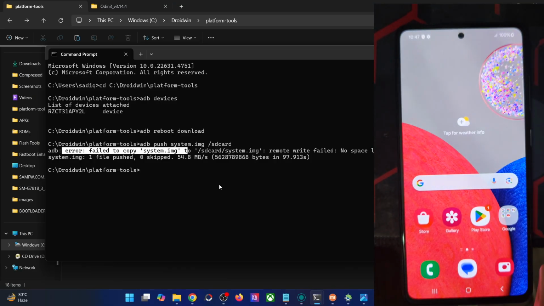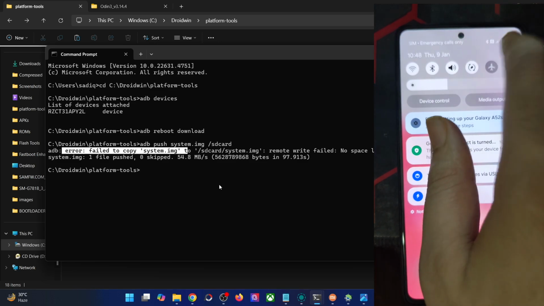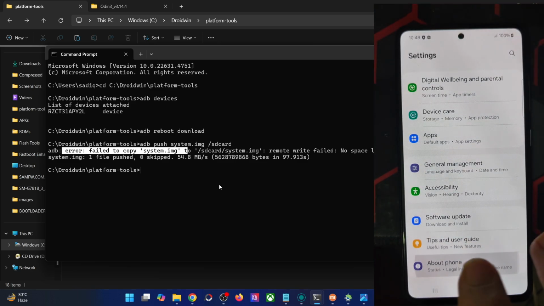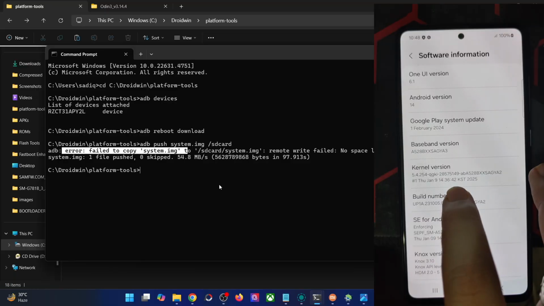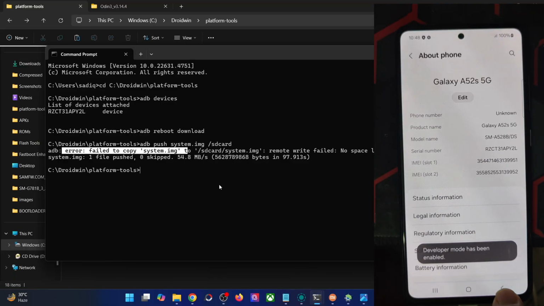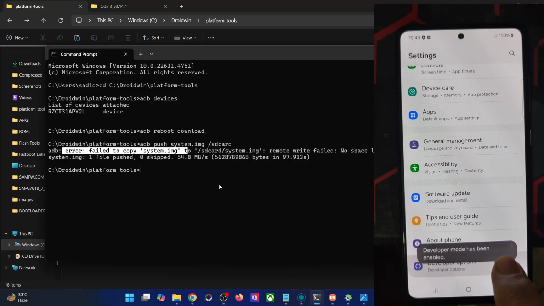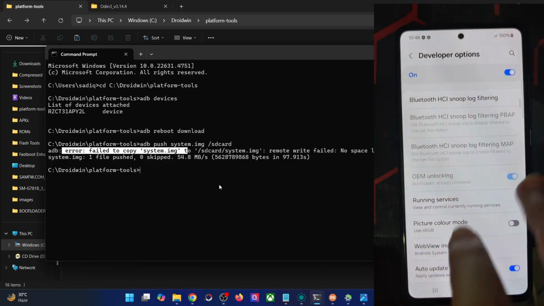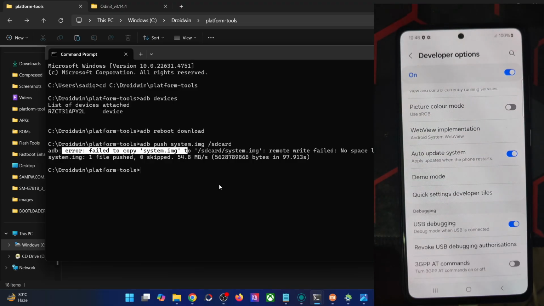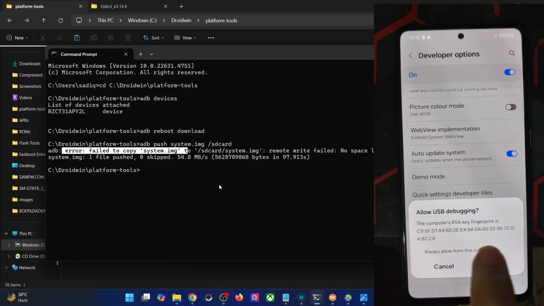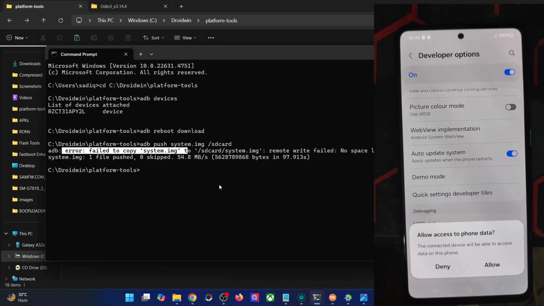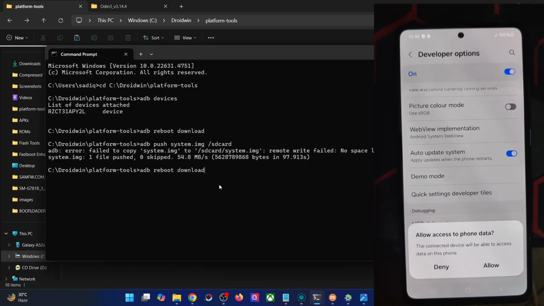You will once again have to enable USB debugging on your phone. So go to the settings menu, software information, about phone, software information, tap on build number 7 times, then go back, go to developer options, and now enable the toggle next to USB debugging. From here tap on OK. You might get one more prompt, again tap on allow, and debugging is now enabled. So now type in adb reboot recovery, and your phone should now reboot to the WRP recovery.